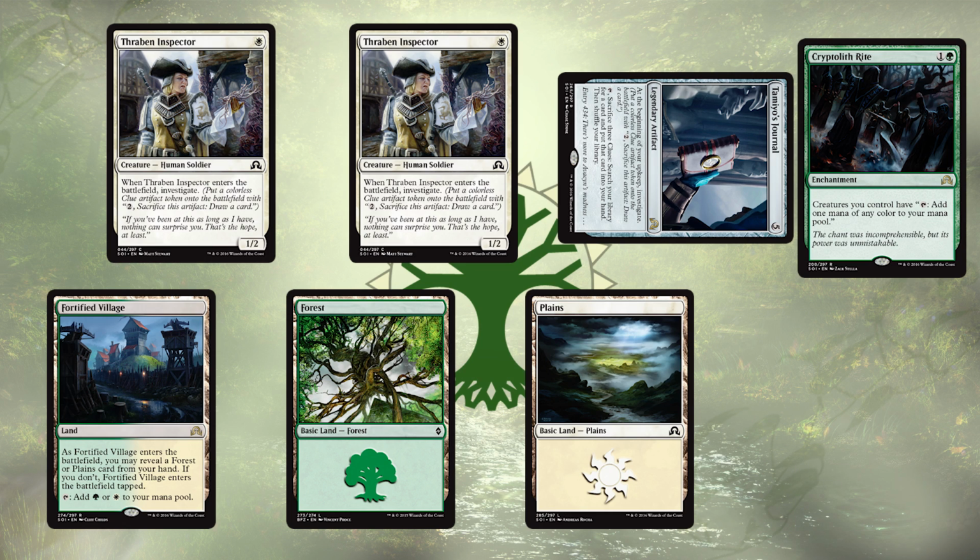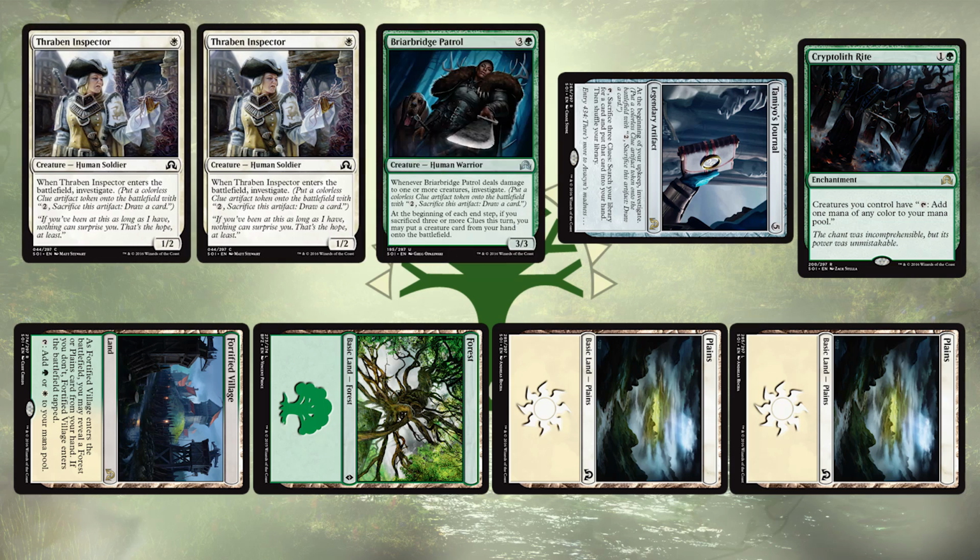Now, if we've got one of our big creatures in hand, but we don't have a Briarbridge Patrol in hand, we go through our deck, pull out a Briarbridge Patrol, and get ready to play it. If we have our Briarbridge Patrol in hand, but no big creature, we go through our deck, we're going to pull out our huge creature, our Ulamog, our Void Winnower, our Kozilek. We're going to put that in hand, and then we're going to tap 4 mana, play our Briarbridge Patrol, and